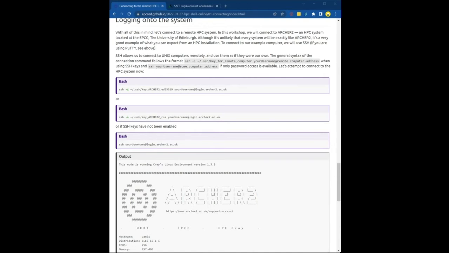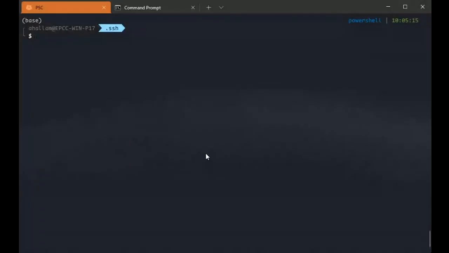You then, let's share the terminal, you then have to log into ARCHER2 using SSH and by specifying the private part of the key